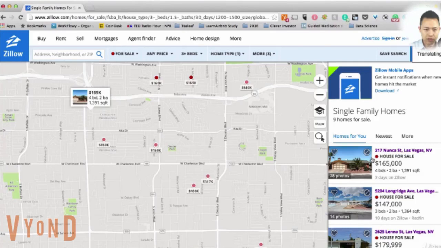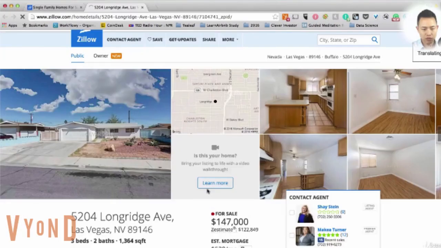Those that are listed by owners sometimes, depending on what market you're in, could be really, really high. And most of them tend to be much higher than what are listed by agents. Owners tend to be delusional about the values that their property is worth. So we want to leave those out and we want to look at only the ones that are listed by